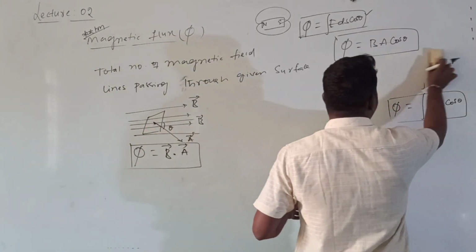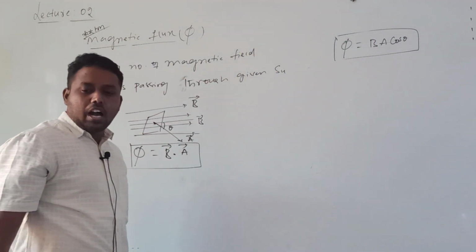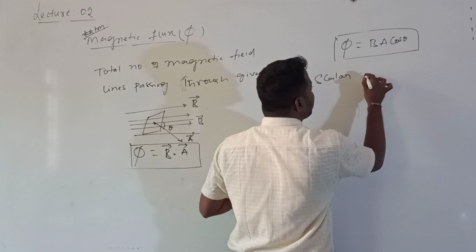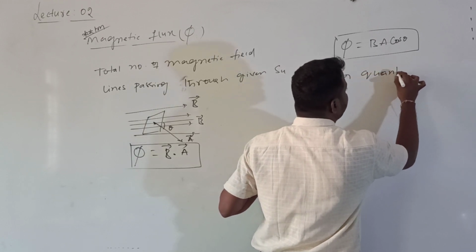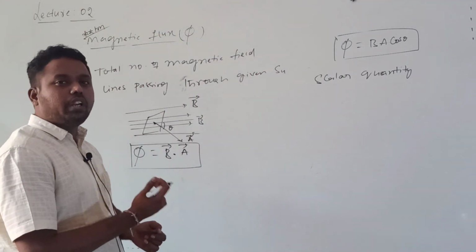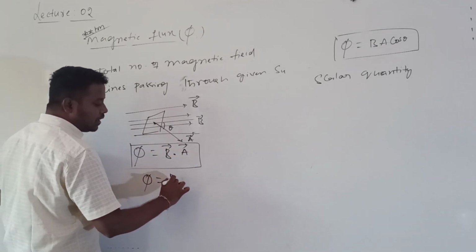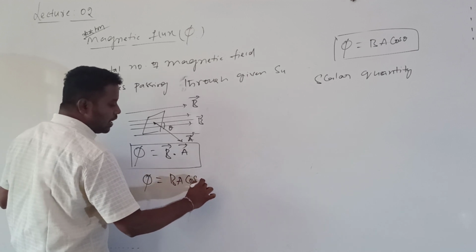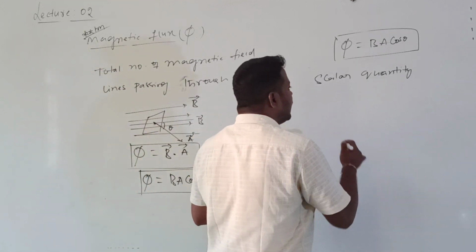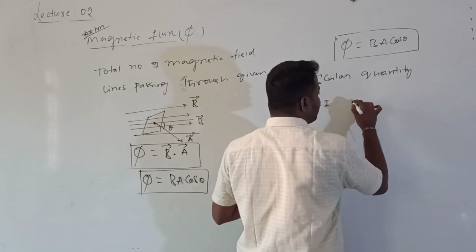So this is regarding how to measure the magnetic flux. After measuring, magnetic flux is a scalar quantity. Why is it a scalar quantity? It has only magnitude. It is a number. That too, it is the dot product of B bar and A bar, and the dot product of two vectors is always a scalar. That you know. So magnetic flux is a scalar quantity. And the SI unit of magnetic flux is given by the SI unit of magnetic field induction, which is Tesla.